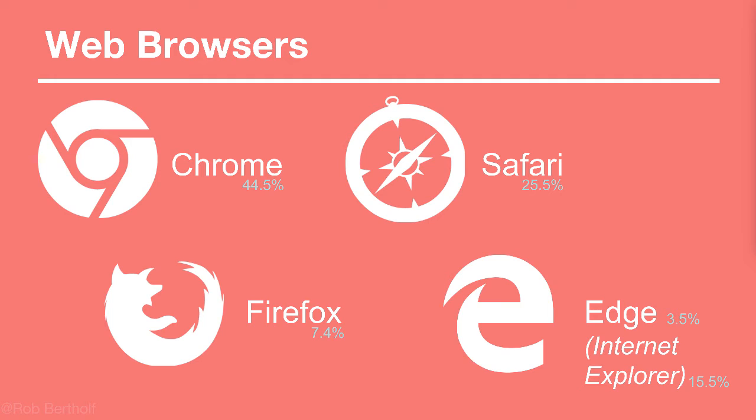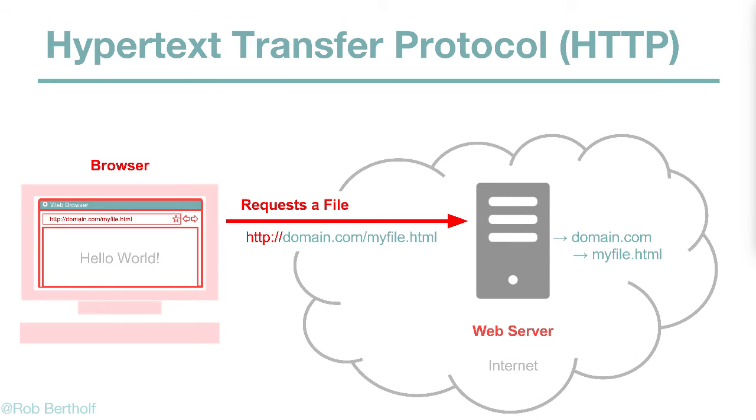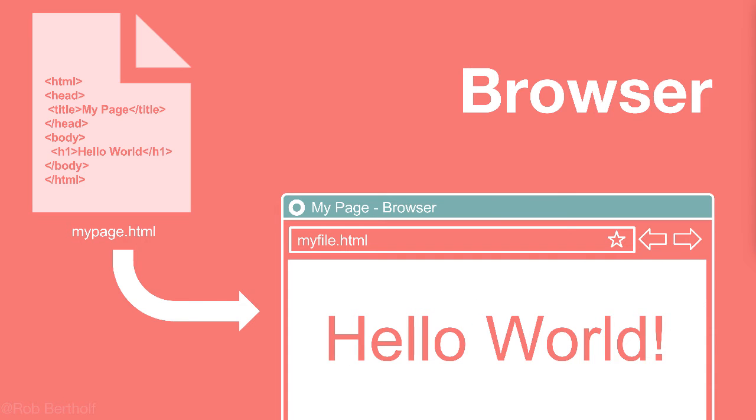There are other browsers out there, as well as, we'll talk about later, Tor browsers, which access the deep or dark part of the web. We'll get into that later. So understanding a browser's job is really just to request information, and then when it gets that information, turn it into something that we can see. So this again uses the HyperText Transfer Protocol to request a file and then display the file in the browser. So the browser requests a file from the server and then converts it into something we can see visually, as